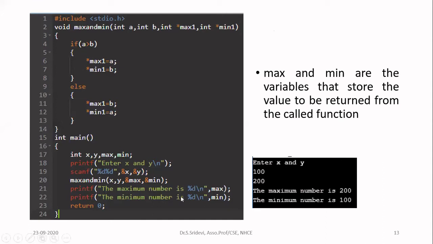Here in this program, I am going to find the maximum of two numbers using a function. Okay, so my input is x comma y. X and y contain two numbers. I want to find which is maximum and which is minimum. For that, I am going to write the function. And finally, the maximum and minimum I need to store in two variables, max and min. So x and y contain my input, but max and min contain my output.